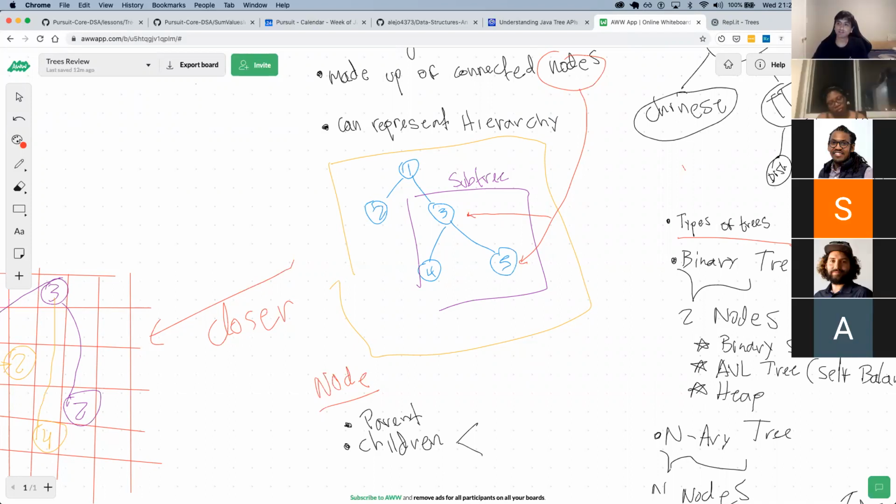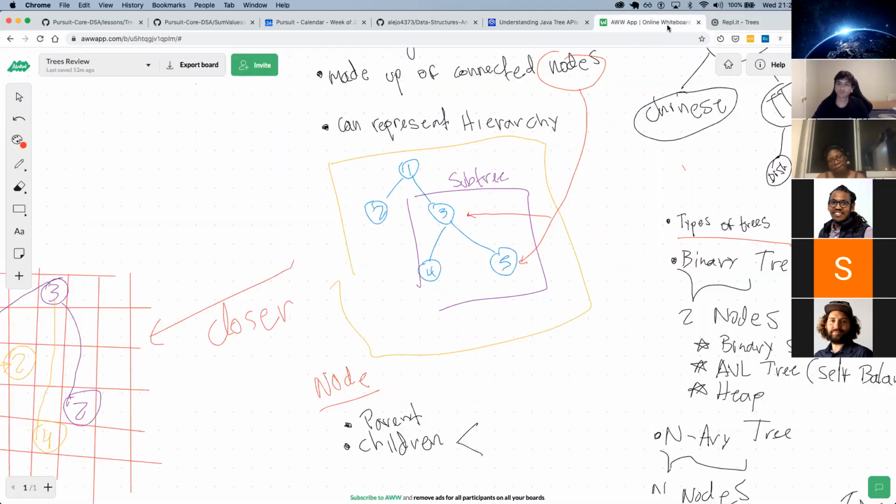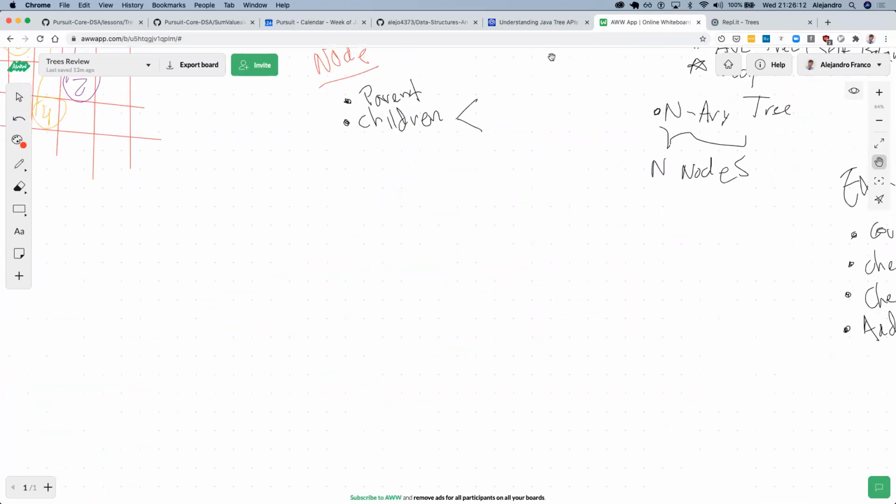So let's think about the smallest possible tree we can have. Okay, the smallest tree could be a tree with a single value, let's say 1.